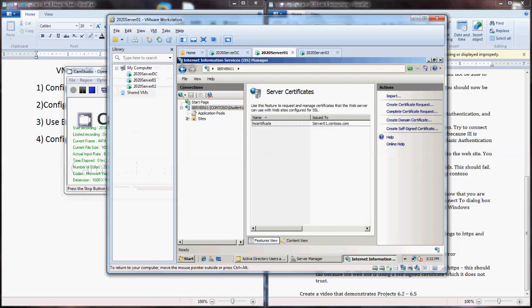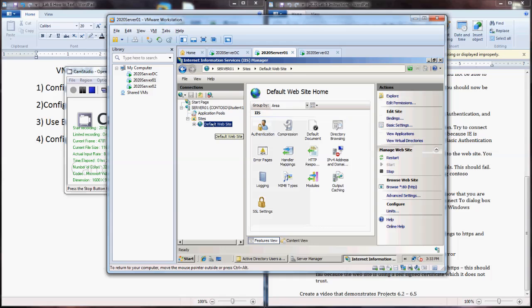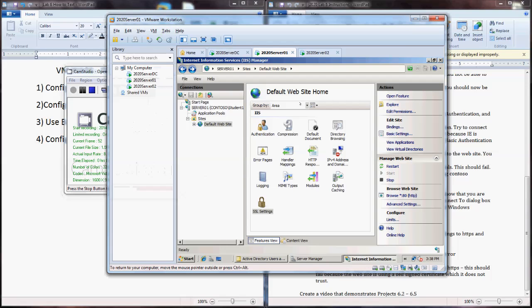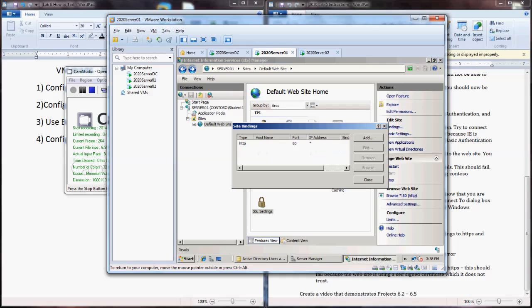Now we'll be changing our site to use this certificate. We're still in the IIS Manager. You expand your server node, expand the sites node. We'll click on default website. On your default website home, on the right side underneath the actions pane, underneath edit site, we'll be clicking on bindings. You can see here that the binding that is already there, underneath type, is HTTP. To be able to use a certificate with your site, the type has to be HTTPS, which is a